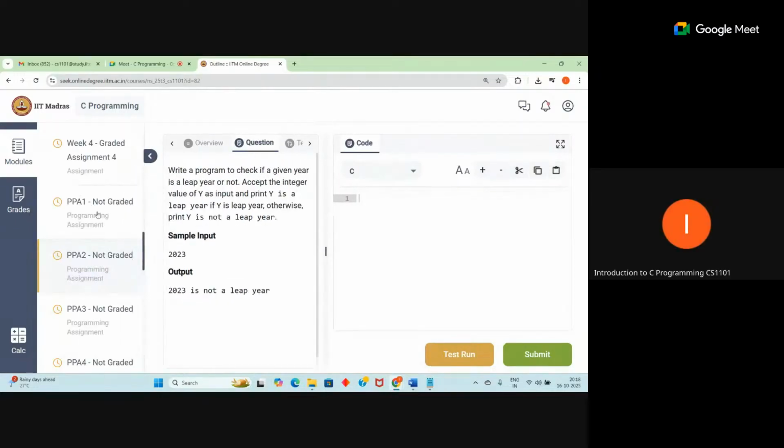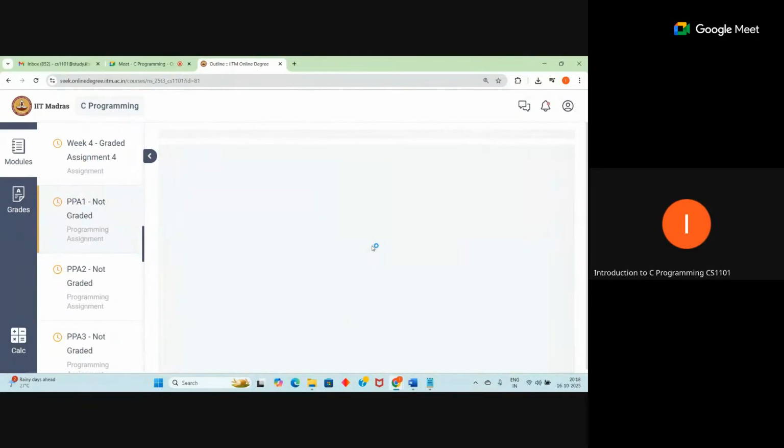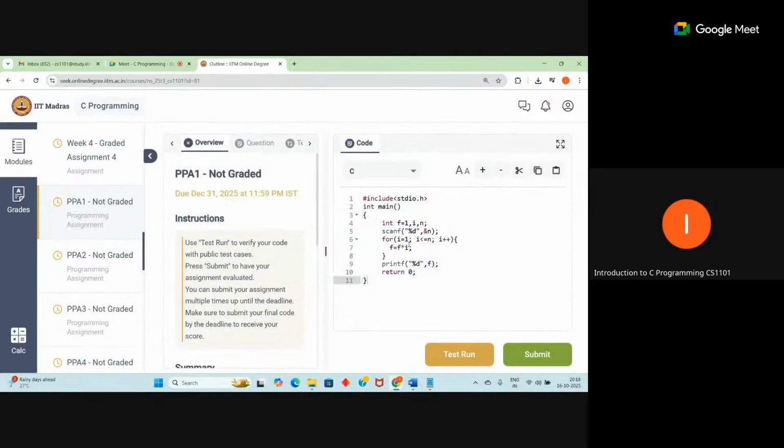Wait. Now tell me. We have declared your variables as integers. Yes. When the variables are integers only, right? You are reading the n value. While reading the n value, the syntax is: whichever variable you are reading,